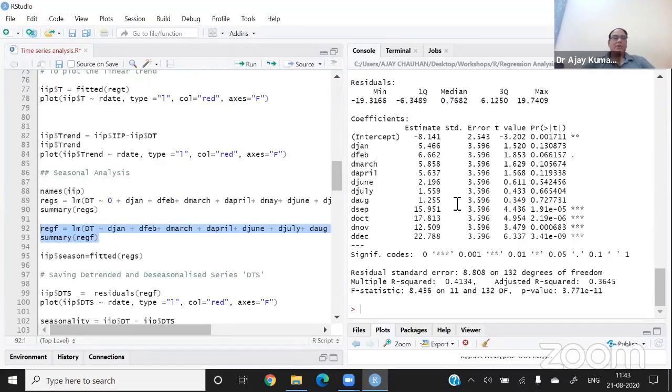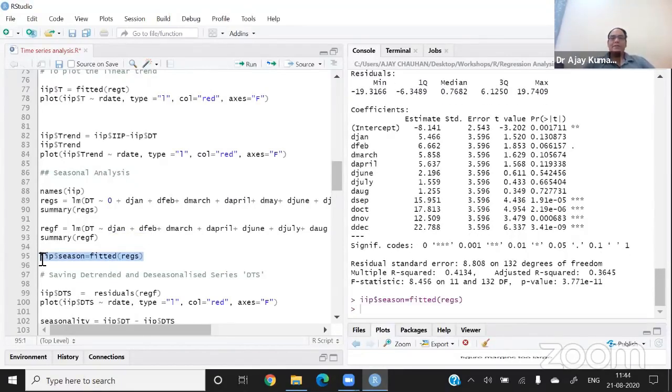So I'm going to save the fitted values of this model. Fitted means predicted values, and let me save it. So I saved the values, and now I save the residuals also.